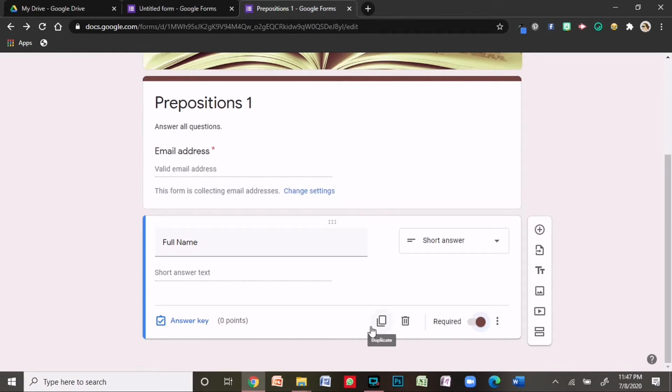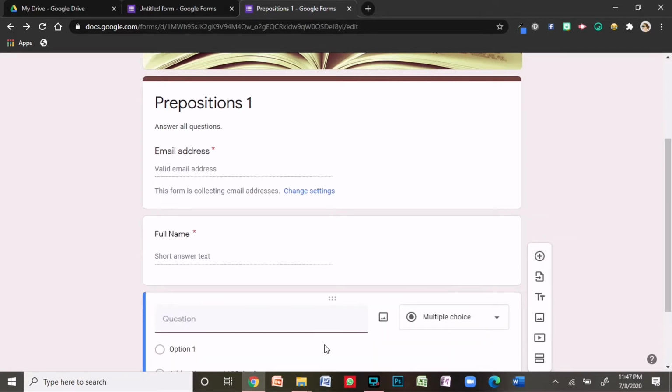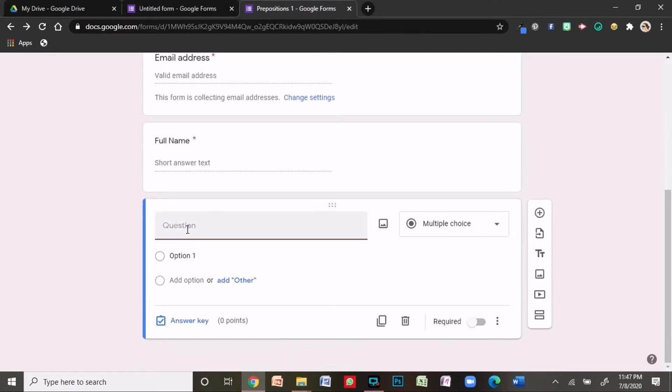Now the next thing I do is to add a new question. You can add a new question from this button here, or you can duplicate. So I'm going to add a new question. Now when I add a new question, I just type the question that I want. The book is on the table. So I'm going to give options